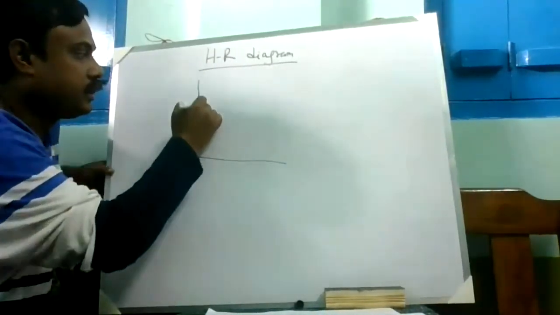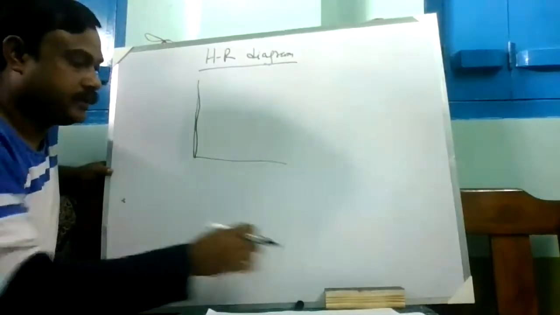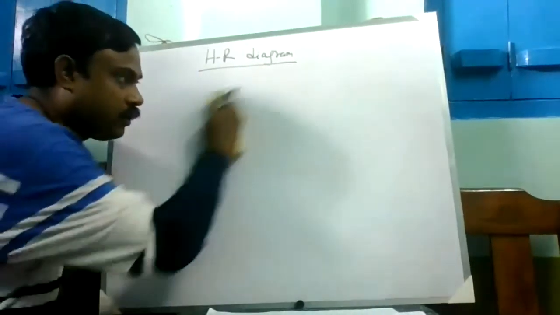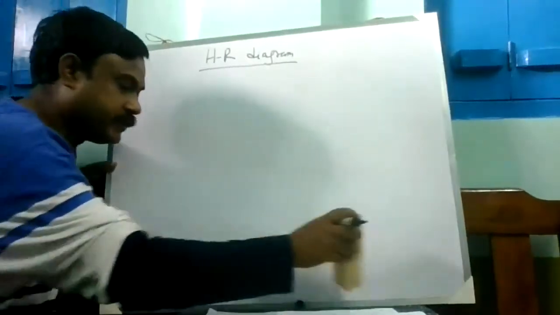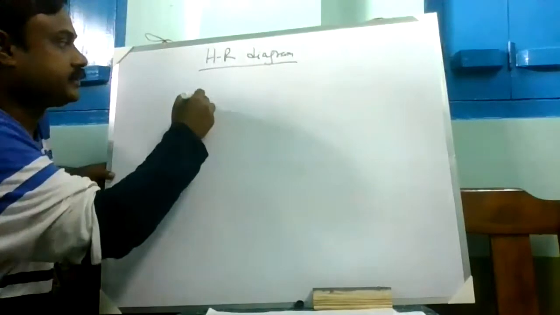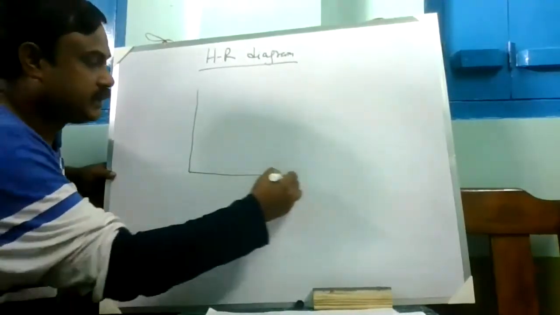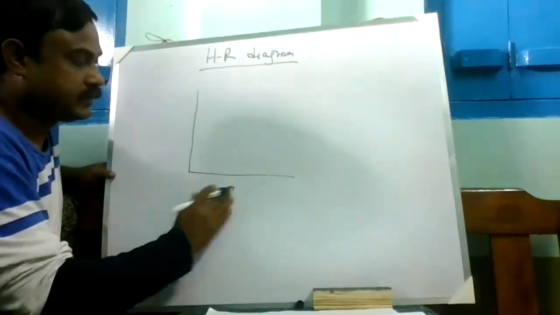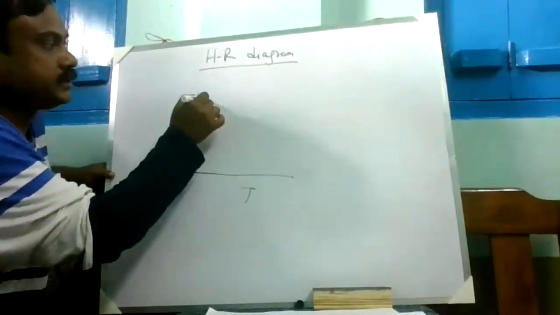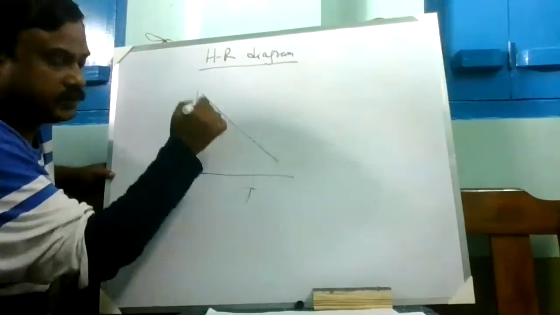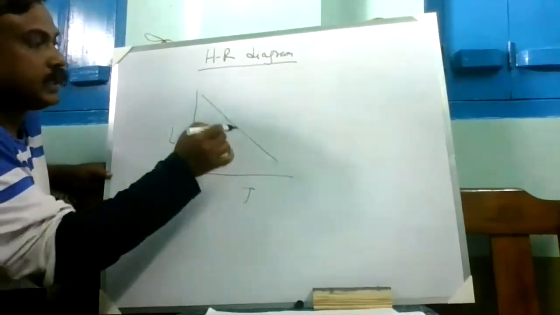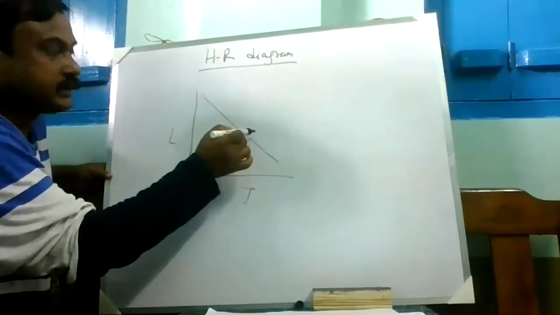From now on, the most important diagram that we have to remember is the HR diagram, and all the properties of a star can be understood in the HR diagram. Say this is the HR diagram, temperature, luminosity. This is the main sequence line. So the lines parallel to these lines,